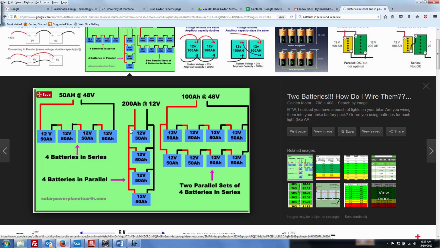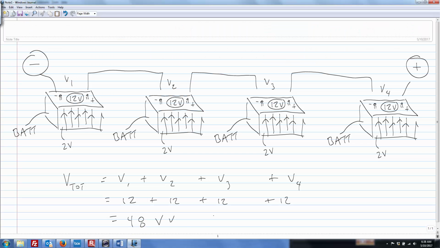Now if we look at these batteries in parallel instead, the voltage you can see across each one, all these are at the same voltage. This line is also in the same voltage, so the most you're ever going to get is 12 volts. Now you'll notice that in this case the amp hours are different. Here the amp hours are greater, and let's look at the implications of that. So that's our voltage. Now if we look at our total energy,